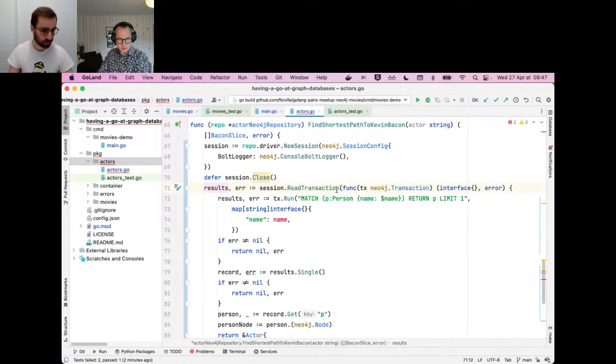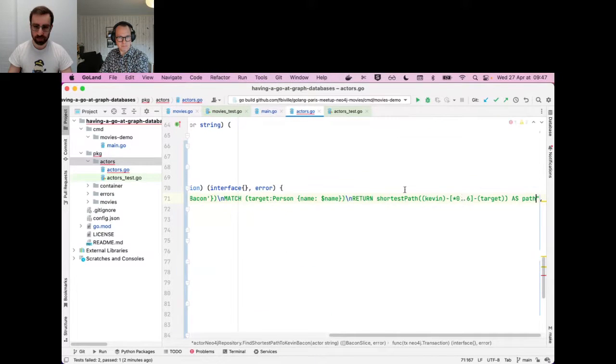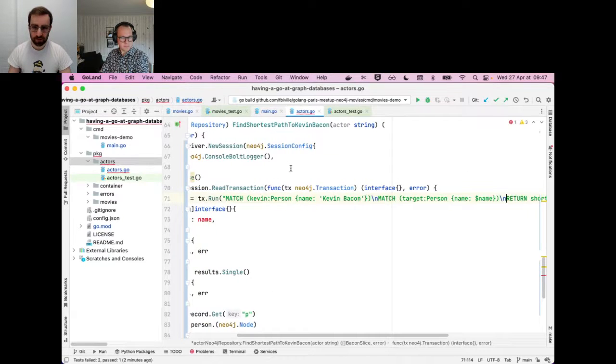So, retransaction again, because I don't have so much time. And in that case, I'm going to cheat a little bit. I'm just going to copy the whole query to get it a little bit faster and explain it right away. We have a few functions built in the language. The formatting sucks a little bit, but what I'm doing here is basically matching Kevin Bacon, the person